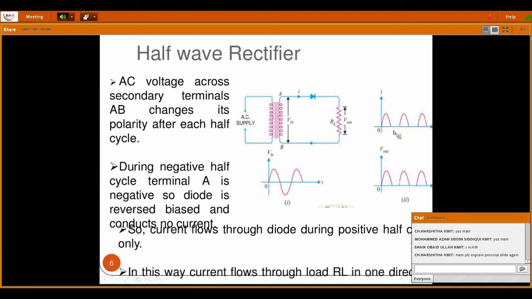So during negative half cycle, here you can see in the diagram, the output waveform is equal to 0, and during the next positive half cycle, again it is equal to the input as it is. Like that it goes on. During positive half cycle, since the diode is conducting, output is equal to input, and during negative half cycle, since the diode is reverse biased, output is equal to 0. Since it is conducting for only 50% of the input, its efficiency is very low, and this rectifier is not at all recommended.